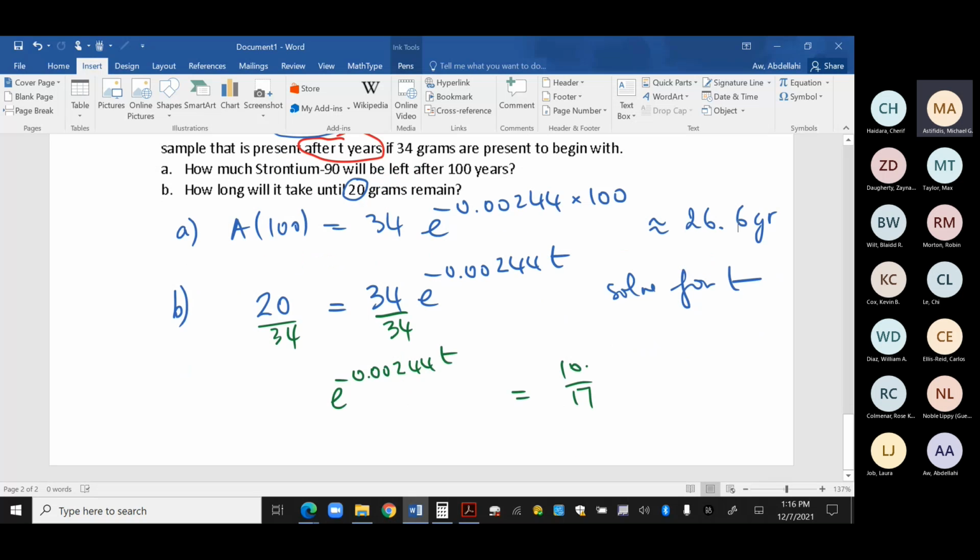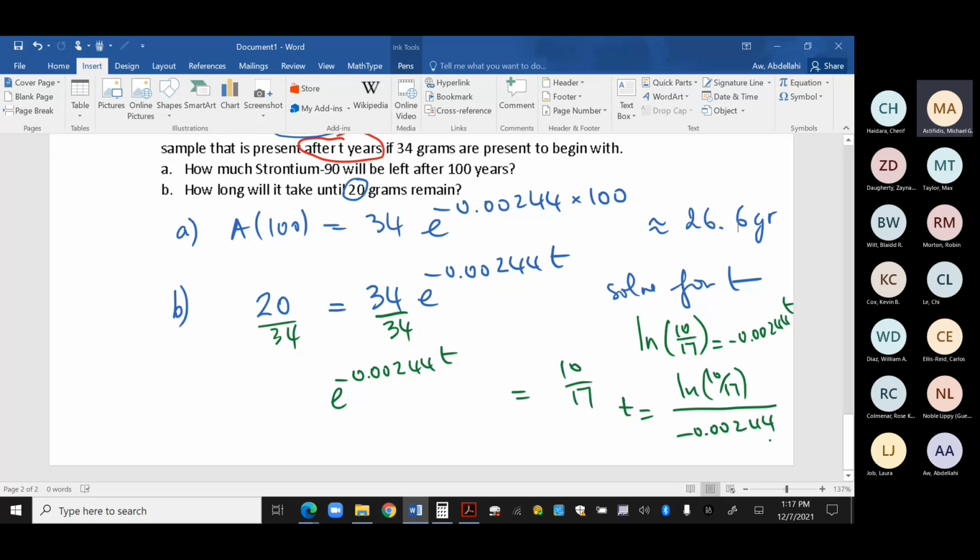And then what is the next step? What is the log form of this stuff? Negative 0.00244 T equal to what? ln of 10 over 17. Exactly. ln of 10 over 17 equal to negative 0.00244 T, right? So we get T equal to ln of 10 over 17 all over negative